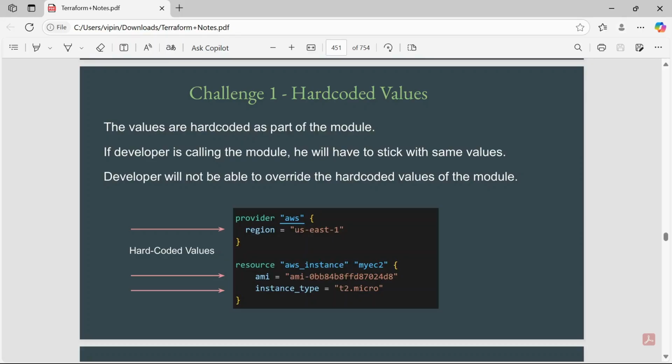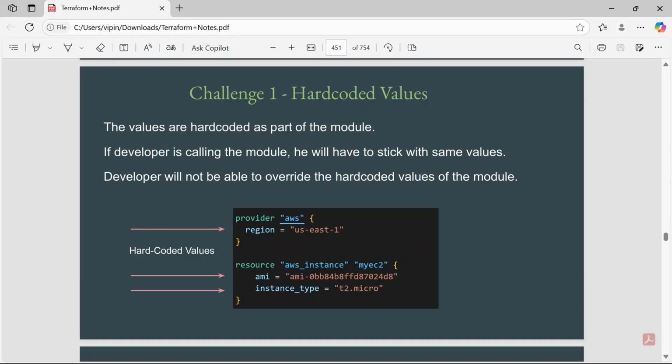If a developer is calling the module, they will have to stick with the same value and will not be able to override the hard coded value of the module. The first hard coded value is the region, the second is the AMI, and the third is the instance type.